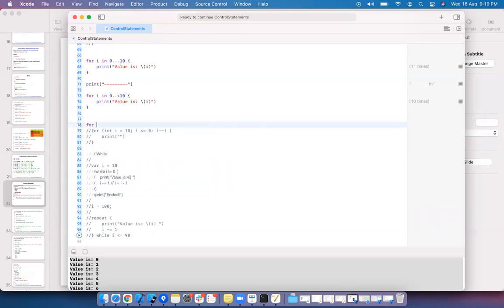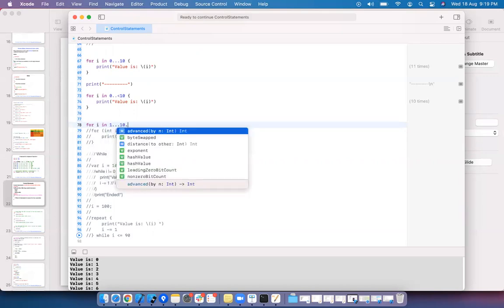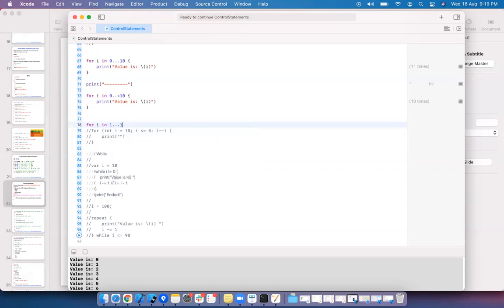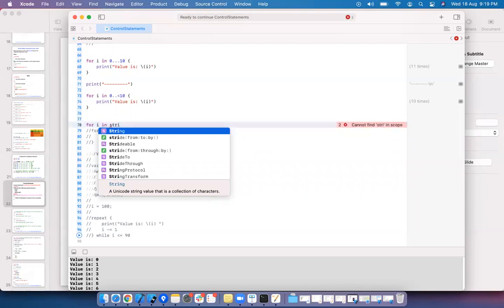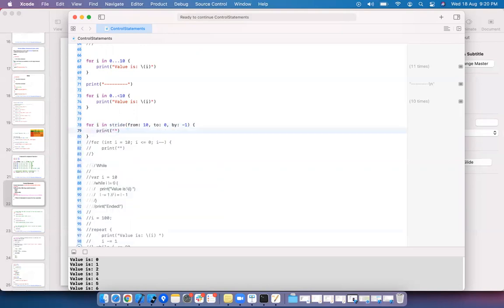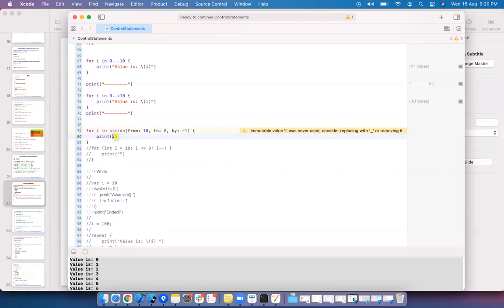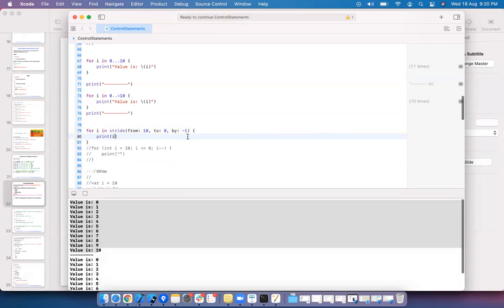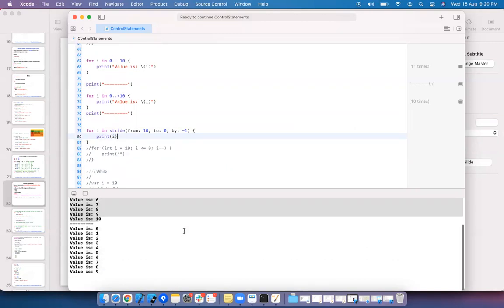Let me see. For I in stride from 10 to 0, by minus 1. If you want to reverse the order from 100 and come back to 0 using a for in loop, then you use the stride.